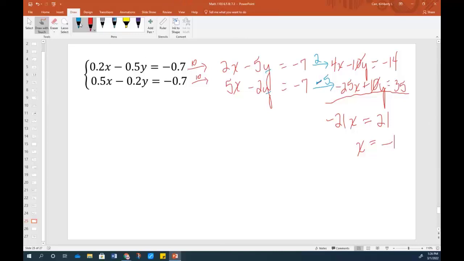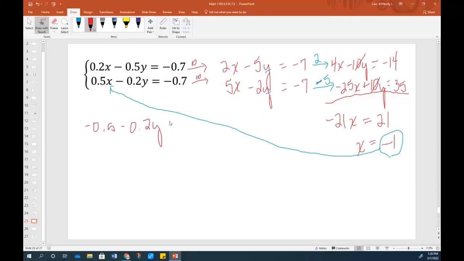Now, once you know x is -1, you're going to substitute that back, just like we've been doing. So I always like to go back to an original, because if you go back to where you've done work, you might be plugging it into a place that already has a mistake in it. I hope not, but it's possible. So here, -1 times 0.5 is -0.5. And I have -0.2y